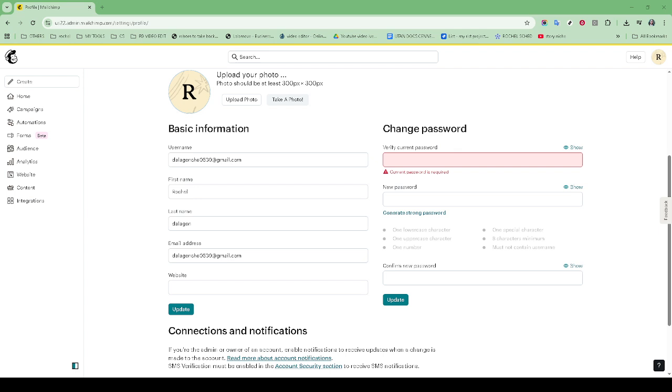Once you've set up your audience, it's time to explore campaign creation and automation features. Mailchimp offers numerous templates and customization options to help you design stunning, effective email campaigns. You can also utilize automation to